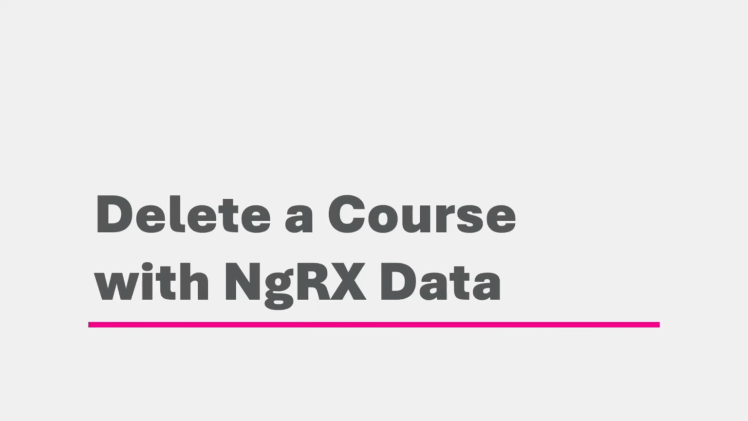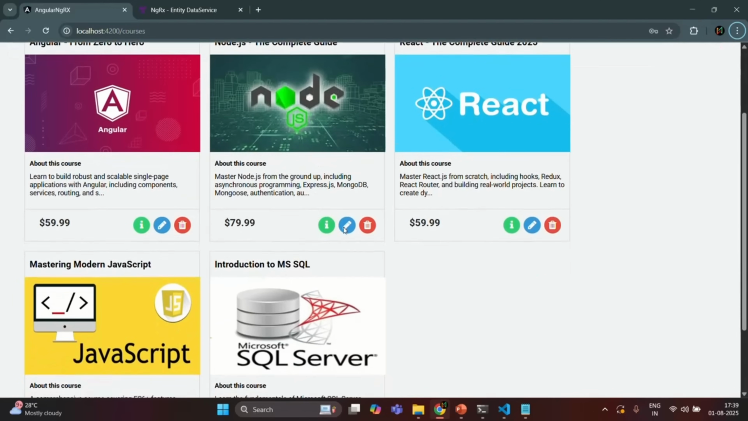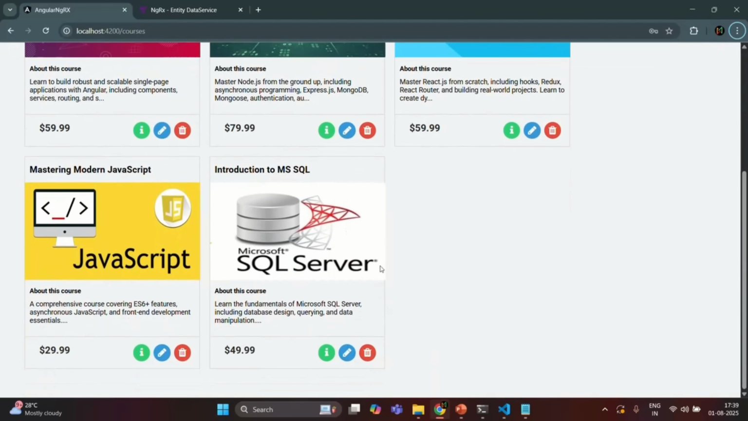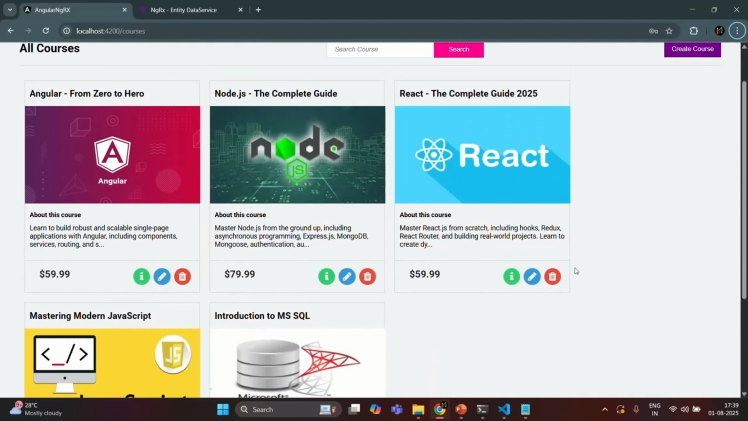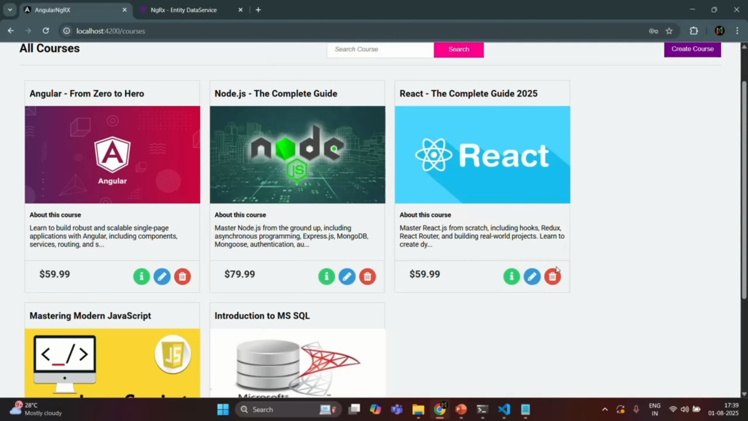In this lecture, we are going to work on delete course functionality using NgRx Data. So what we want is, for each course here, we are also showing this delete button. Whenever this delete button is clicked, we want to delete that course. Currently, if I click on this delete button, it will simply show this alert pop-up. And if I click on OK, it will not do anything because we have removed that delete functionality from our